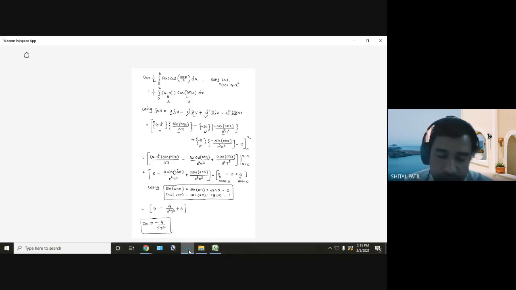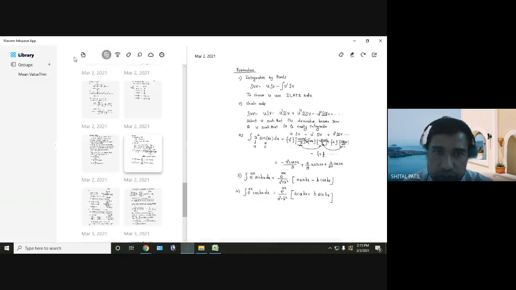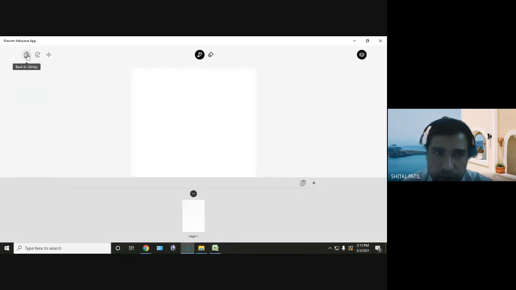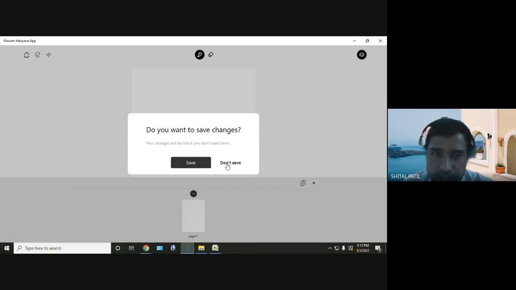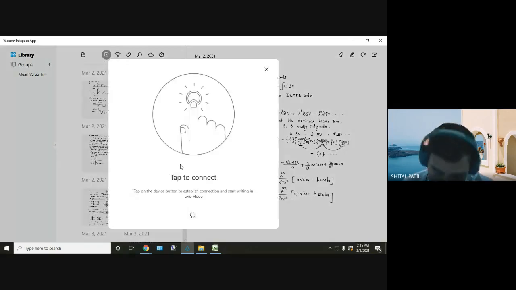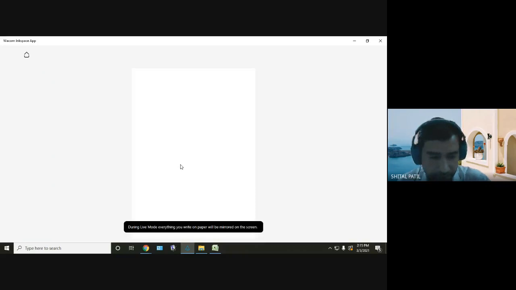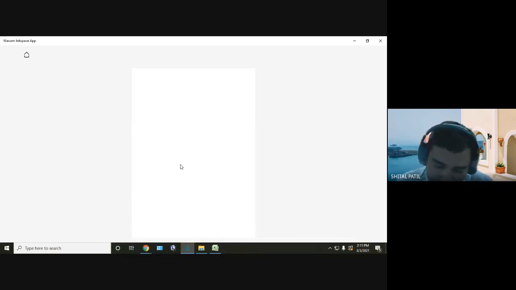Then if you have a doubt, let me know. For the time being, let me continue with the Fourier series. I'll change the page. If anything is remaining, please copy it from the notes. So till here we obtained an. Now we'll start with the bn. So write bn equal to